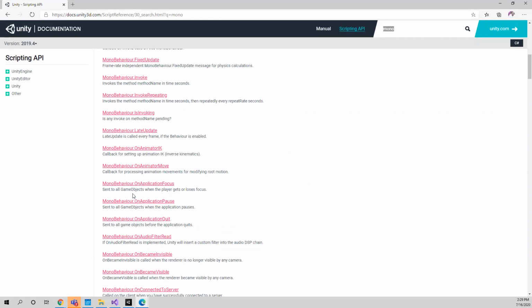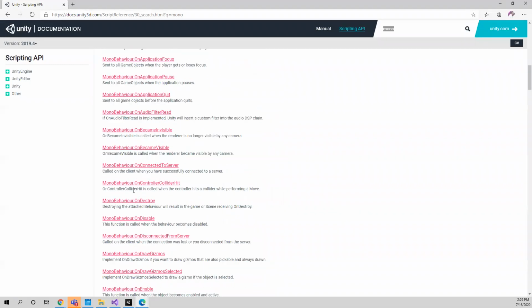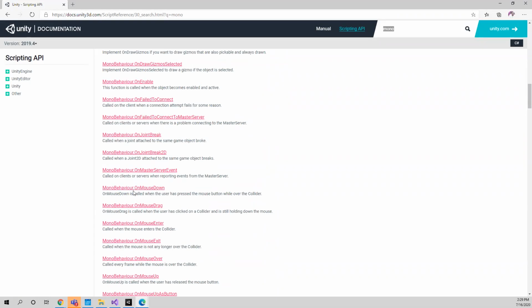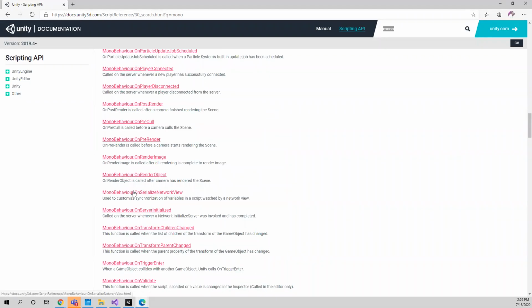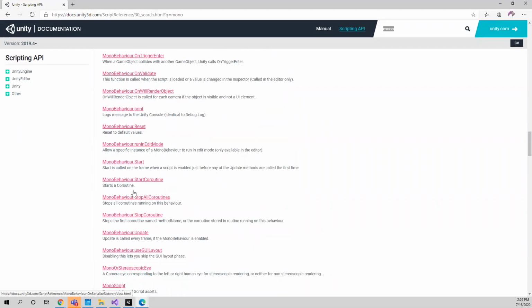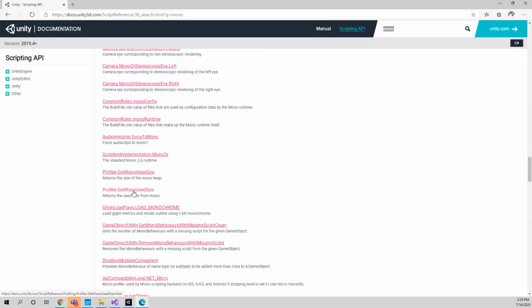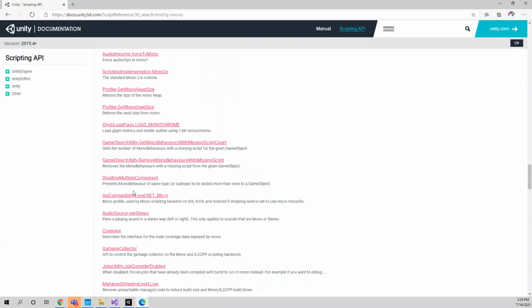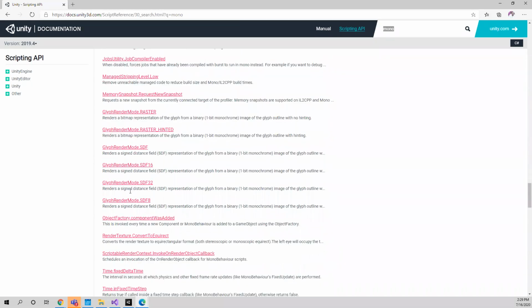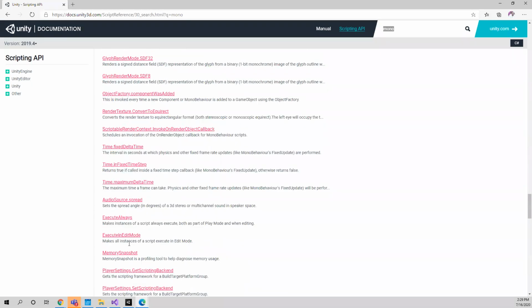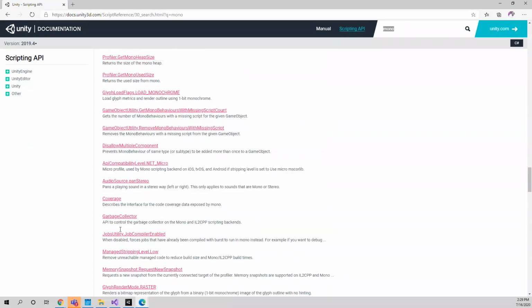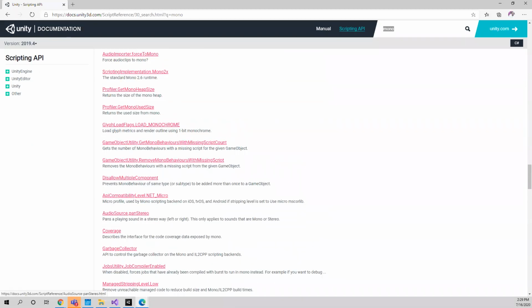Looking at this list, I think you can now figure out what kind of stuff is in MonoBehavior. I don't expect you to know this. It doesn't make sense for you to know this, but just know that when I am creating objects, I typically am using a class like this because it has all of the